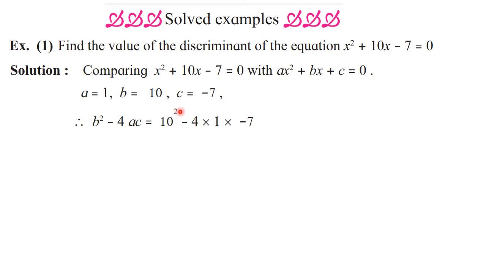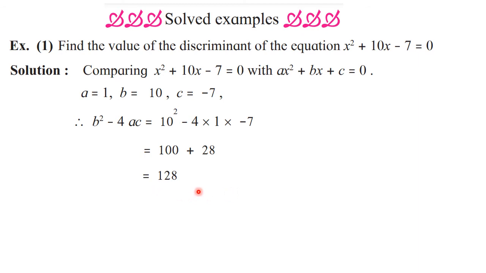So write down there. Discriminant is equal to b square minus 4ac, and then put the values. B is 10, so 10 square minus 4 into a is 1 and c is minus 7. Now they have not written it here in brackets, but as I have said, you have to write the negative number in brackets, because in mathematics these two signs cannot appear next to each other without brackets. If you want to be more specific, you need to write it in brackets always, as I have instructed so many times. So here 10 square is 100, and minus 4 into 1 into minus 7, minus into minus is going to give you plus. So 100 plus 28, the answer is 128.